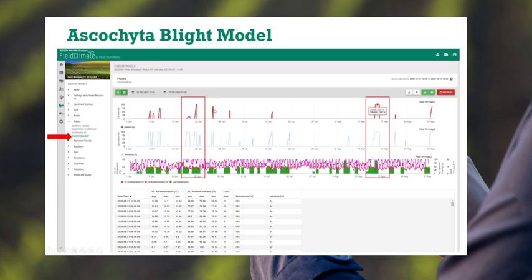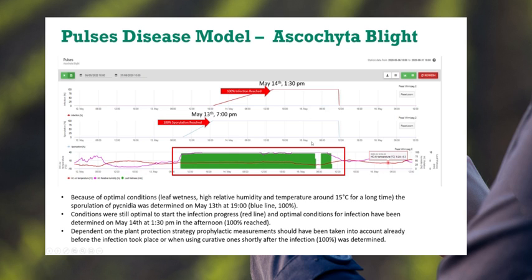And then a period over time where we had less because things dried out, less in terms of the overall sporulations, and the infection rates were lower than 100%. And then again in August, another period of fairly significant infection based on a high, long sporulation period. So if we look at that in detail, we can see an event here on May 13th